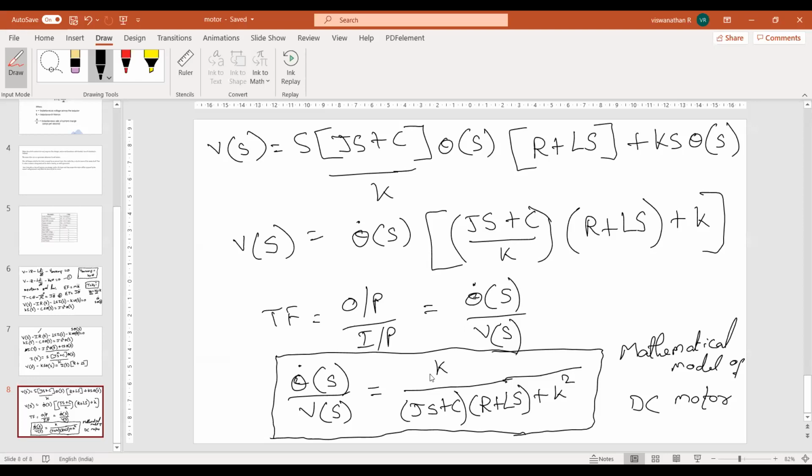Okay, now if I give the K, J, C, R and L values, can you design a PID controller for this? Will you be able to? Yes, sir. You should be able to. Either by root locus or Ziegler-Nichols. You can even auto tune. So there are three methods by which you can do that. So these things will help you learn